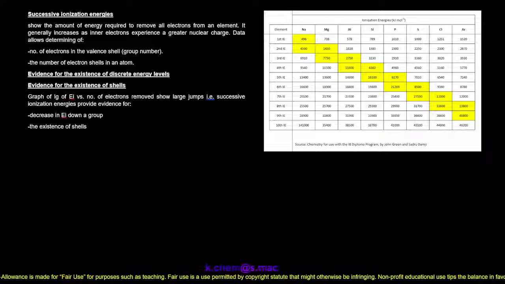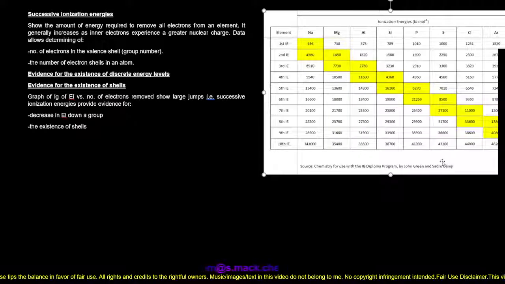Let's start by looking at what successive ionization energies are. I have my definition on the left here, where it says successive ionization energies show the amount of energy required to remove all electrons from an element. We are told it generally increases as we remove these successive electrons, and this is because inner electrons experience a greater nuclear charge. We're going to look at the diagram on our right,